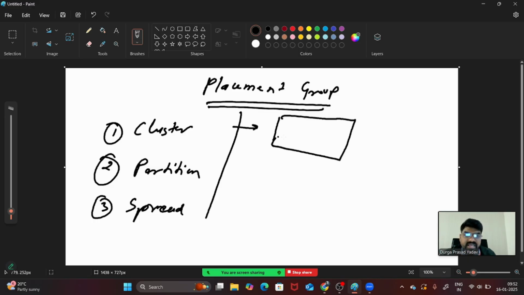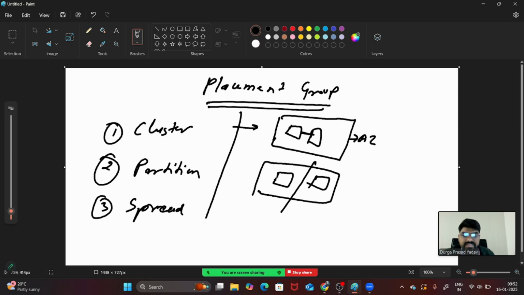Now if you see, cluster means keeping your machines in a single availability zone so that you will be getting very fast speed and data transfer. Partition means you are keeping one here and one here, separate. This is on a different rack, this is on a different rack, this is on a different rack, this is on a different rack.